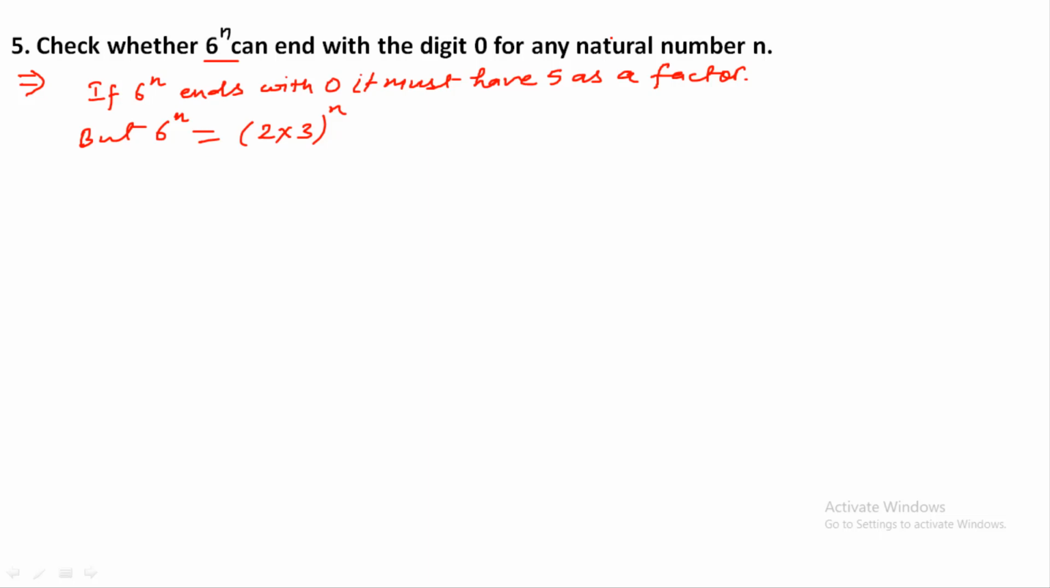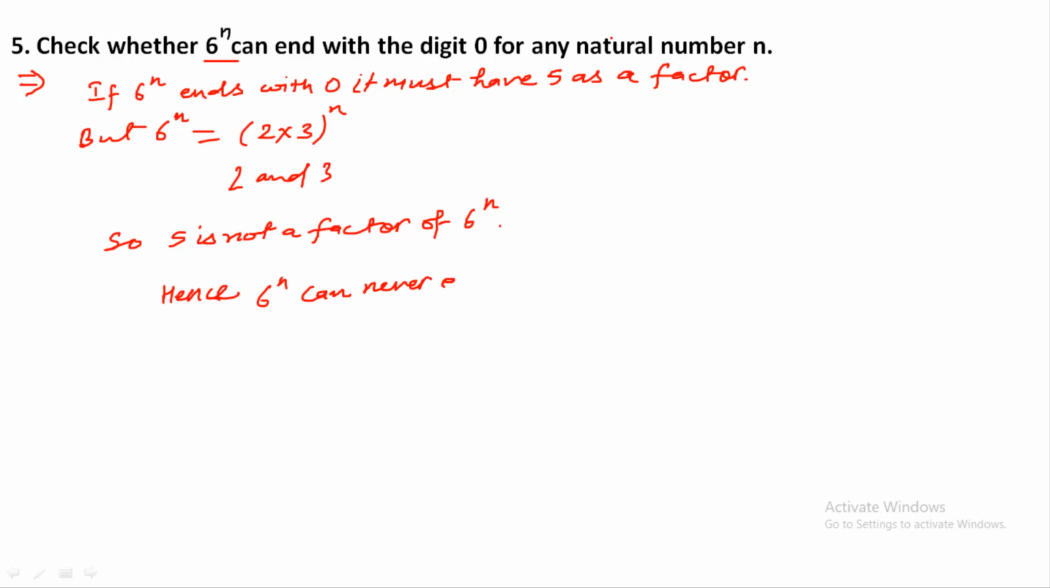ओके, सो वी आर गेटिंग हियर कि 6 raised to n के फैक्टर्स क्या होंगे? 2 and 3 होंगे, और यहाँ पर 5 फैक्टर नहीं है। 5 is not a factor of 6 raised to n, so hence यहाँ से हम क्या बोल सकते हैं? Hence 6 raised to n can never end with the digit 0।